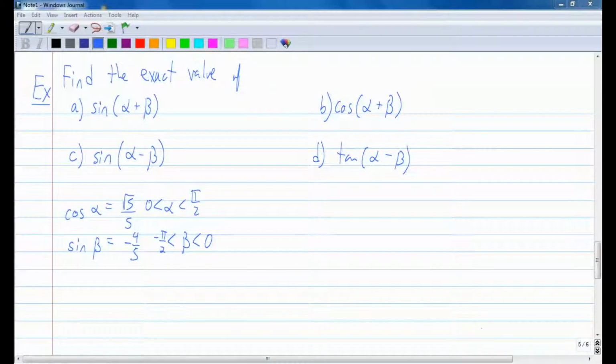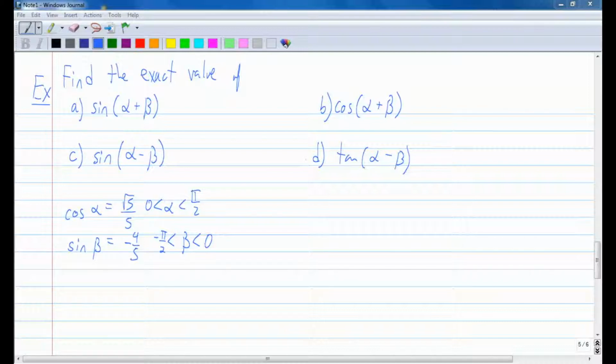Alright, so if we want to find the sum or difference of any of our trig functions, and we're given, say, cosine of alpha is square root of 5 over 5, as long as alpha is greater than 0 and less than pi over 2. And sine of beta is equal to negative 4 over 5, as long as beta is greater than negative pi over 2 and less than 0. These conditions are going to tell me where the angle measure alpha and angle measure beta are located,